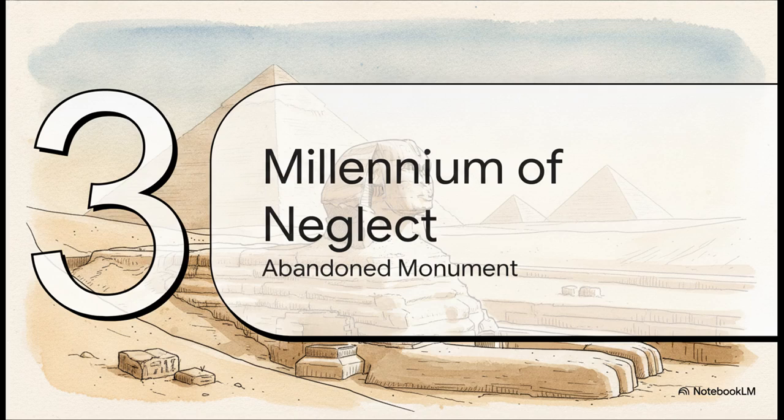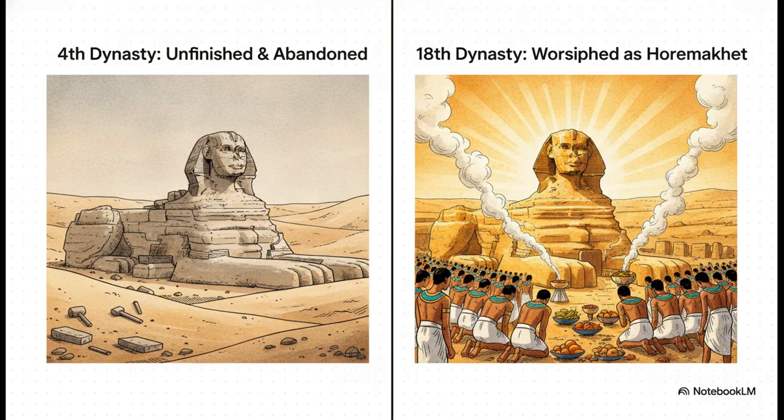A millennium of neglect. Now, what's really interesting about this slide is how it marks a totally dramatic pivot in our story. After the glorious 4th dynasty, the grand vision for the site just halted, completely abruptly. For nearly a millennium, the unfinished Sphinx was abandoned, completely swallowed by the desert sands, and it lacked any sort